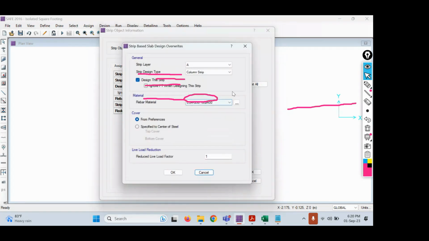Just click on that. A dialog box will pop up. Okay, so we need to select the strip layer A. We are designing the column strip and then design this strip. So that's a couple of options. And then here you can see ignore PT when designing this strip. So you can select that option also. That's not a problem. Okay, so ignore PT while designing this strip, and then you can see from preferences, and